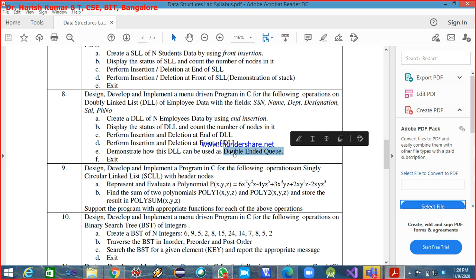So double-ended queue also you have understood. We understood 2 types of double-ended queue. I hope you remember what the 2 types of double-ended queues are.